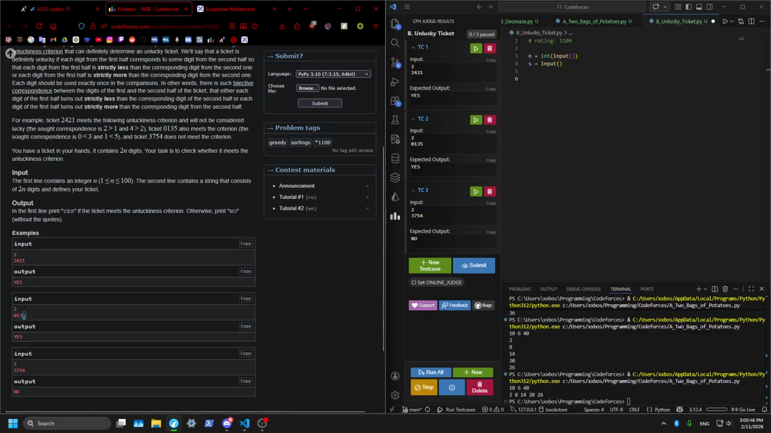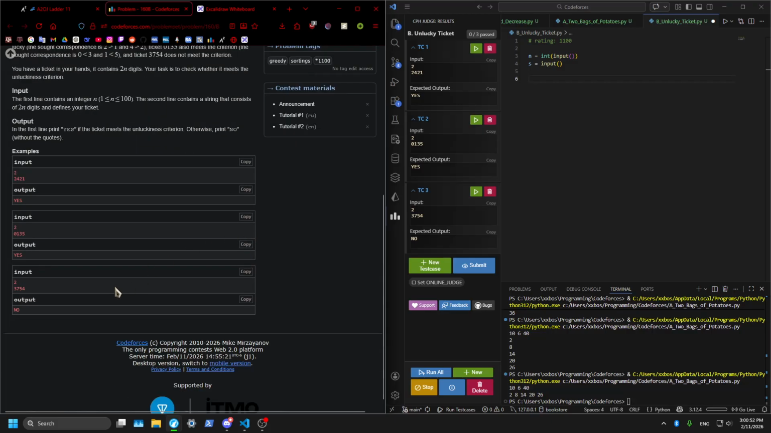So the minimum is 3, and each digit is less than 3, so it's unlucky. And then this one is... okay, I kind of understand what's going on. This isn't that hard. So what we need to do is split the string in half,